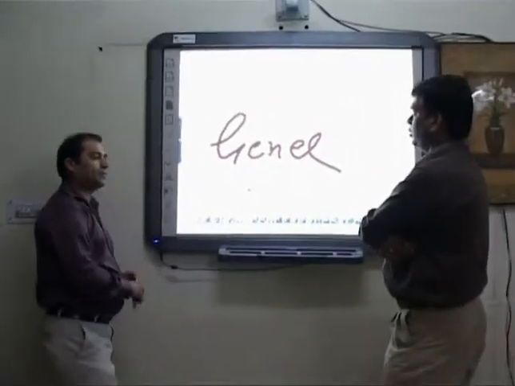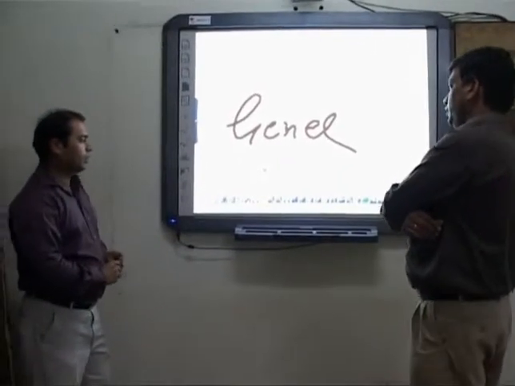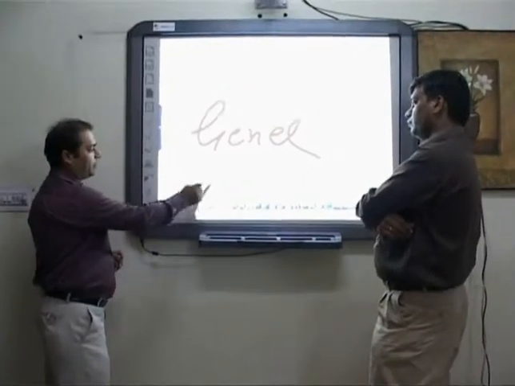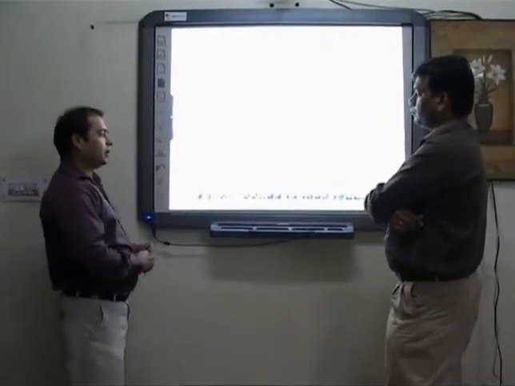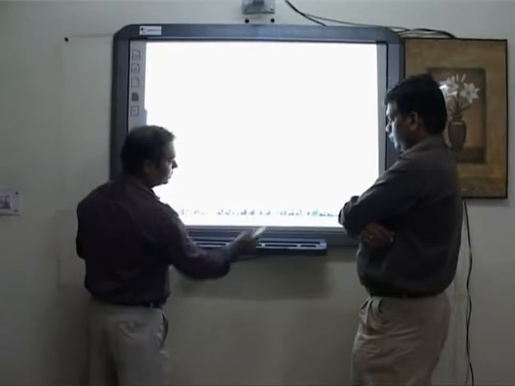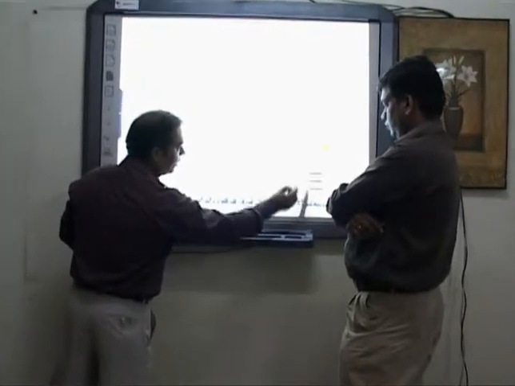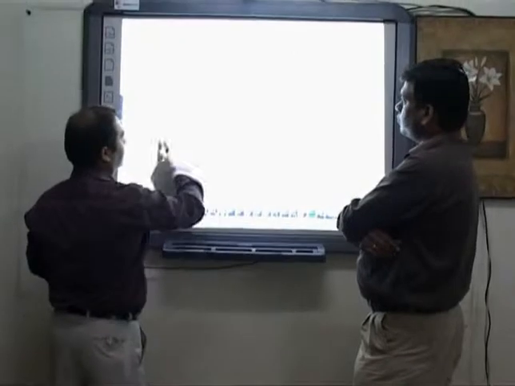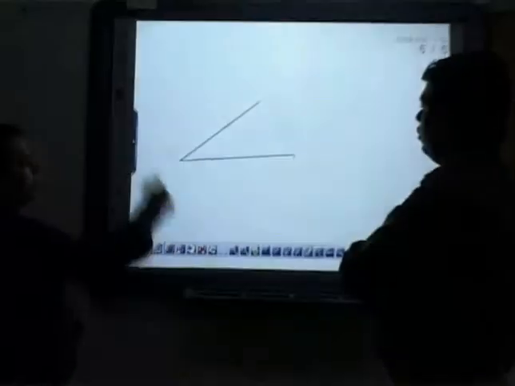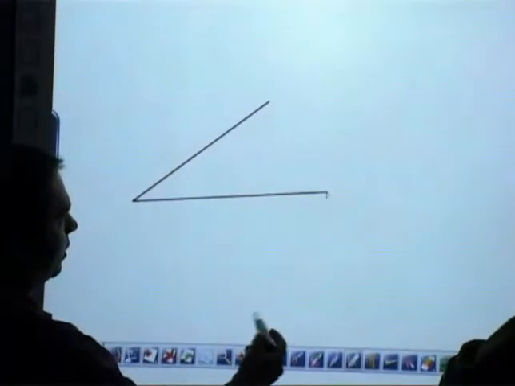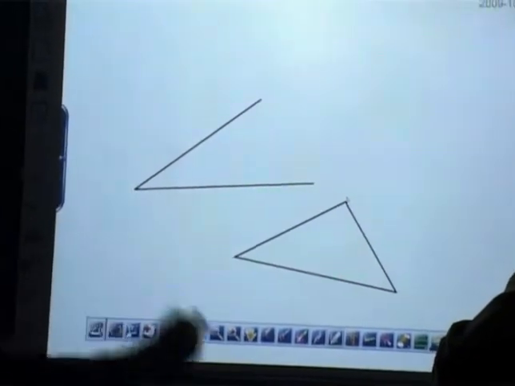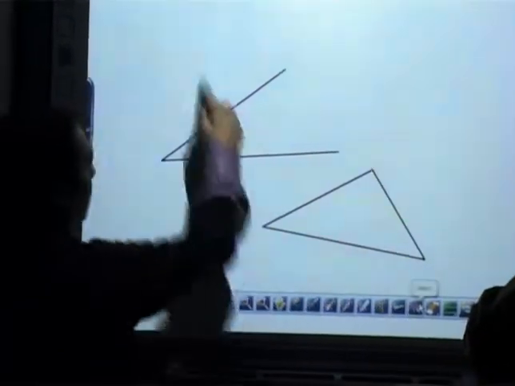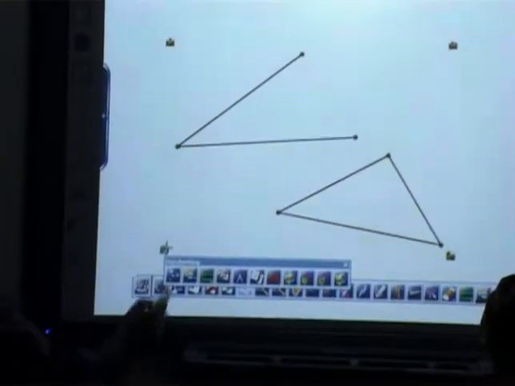What other features do you have in this whiteboard? Basically, this interactive whiteboard can be used in training or conference room facilities. We have this kind of intelligent pen, for mathematical purposes. If you want to draw an angle, you can just make the angle, and it will cut the edges and convert it into a particular shape. If you want to make some changes, you can select the pointer, and this one is the measurement. It will show you the measurement.